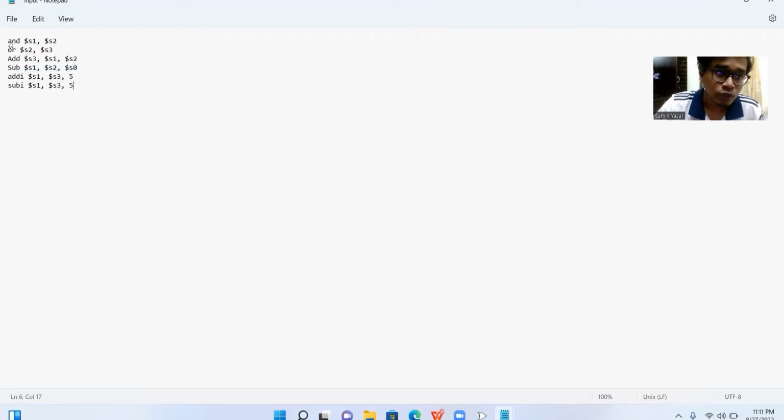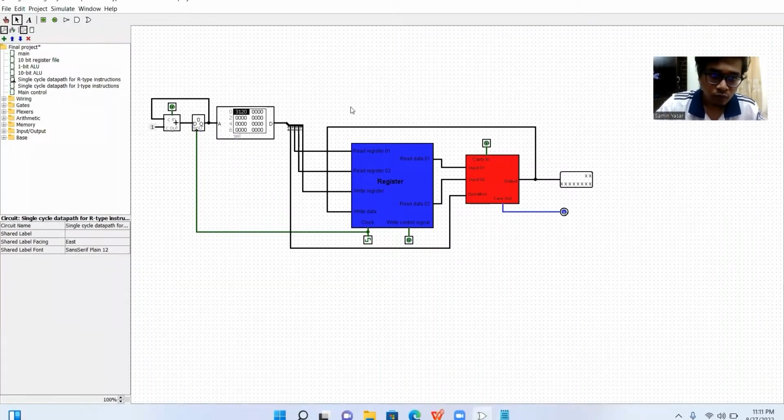the opcode for this one is 0011. This one is 01. This is 02, and this is 00. This is 10, and this is 00. Now we have given the decimal values into the ROM for this